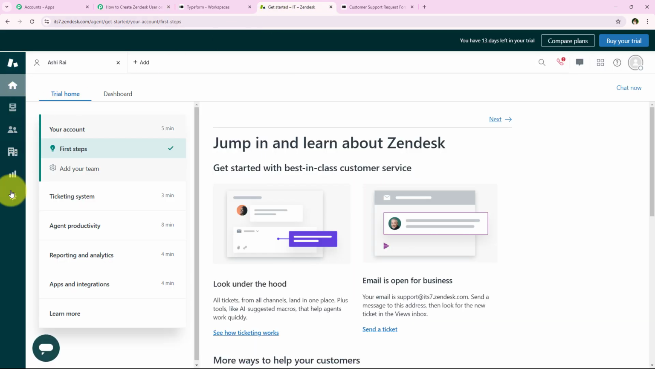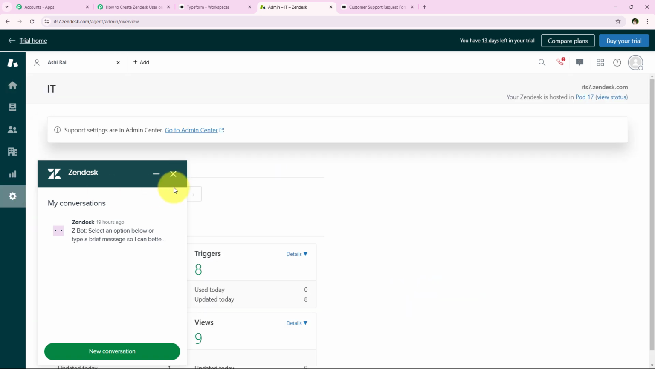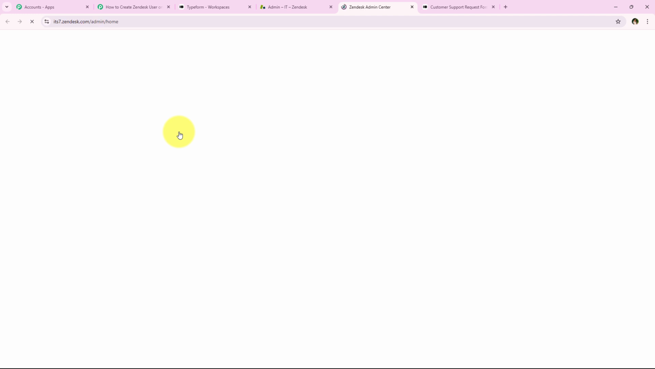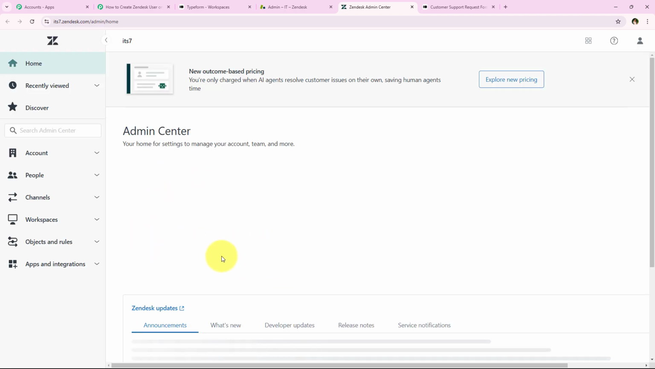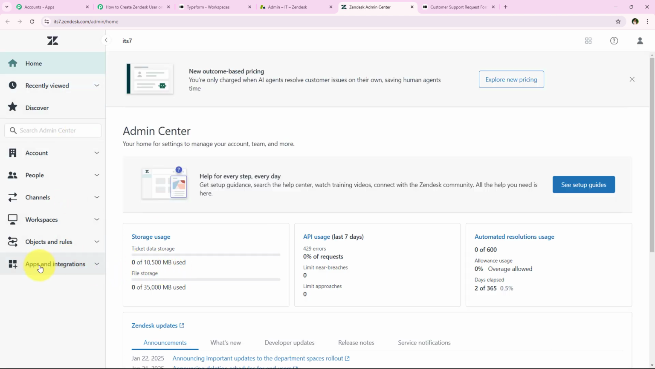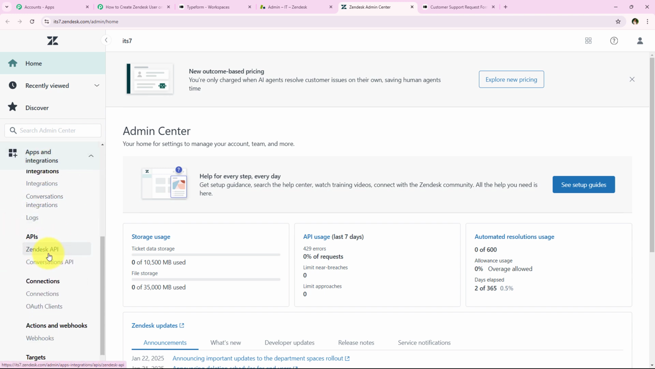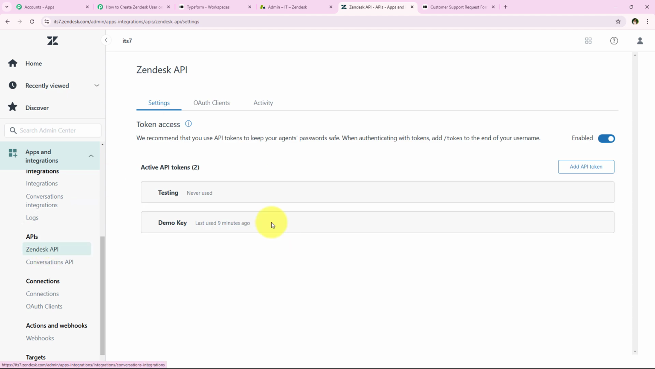From the left side of the bar, we first have to go towards this admin. Once again, we have to go towards this admin center right from here. And now after coming over here towards the admin center, we have to go towards the left side of the bar, apps and integrations. Over here, we're going to scroll, go towards the API, and then Zendesk API. Over here, you can see the 2 API keys that I've already created, but I'm going to add a